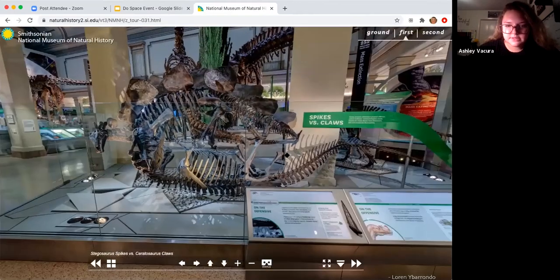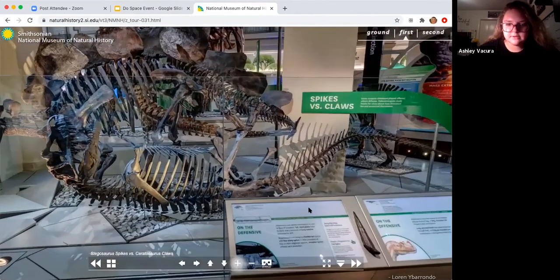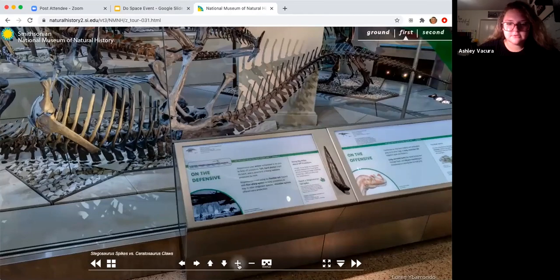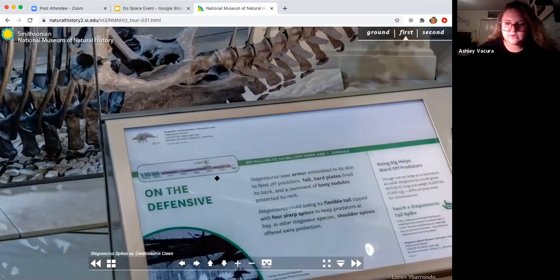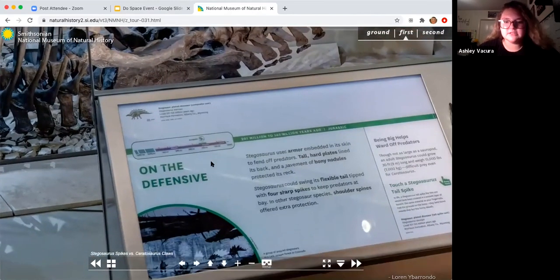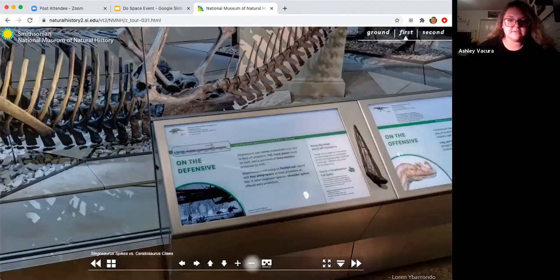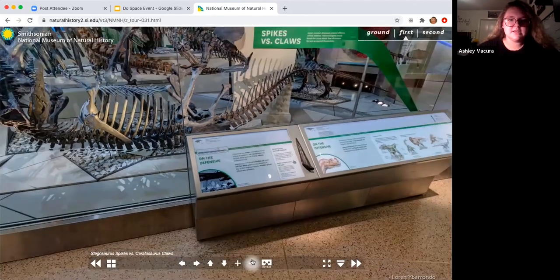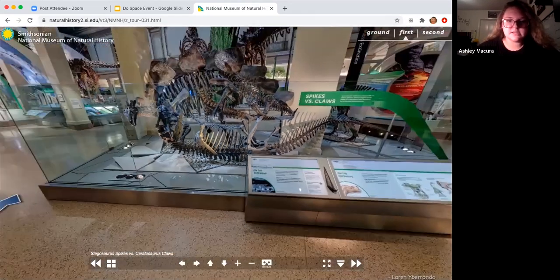And if we zoom in, we can read about it. It says, on the defensive, Stegosaurus used armor embedded in its skin to fend off predators. Tall, hard plates lined its back, and a pavement of body nodules protect its neck. So if we look at these bones, this is some fossils that scientists found